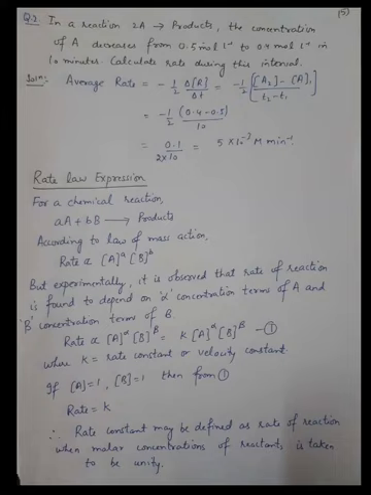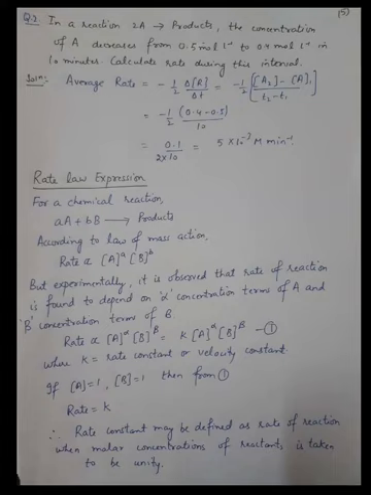Now the next very important topic is rate law expression. For a chemical reaction, small a A plus small b B gives product. Earlier you have studied in your 11th class in the equilibrium chapter, according to law of mass action, the rate of reaction is directly proportional to [A] to the power a and [B] to the power b. Means law of mass action says the rate is directly proportional to the product of concentration of reactants raised to the power equal to the stoichiometric coefficient.